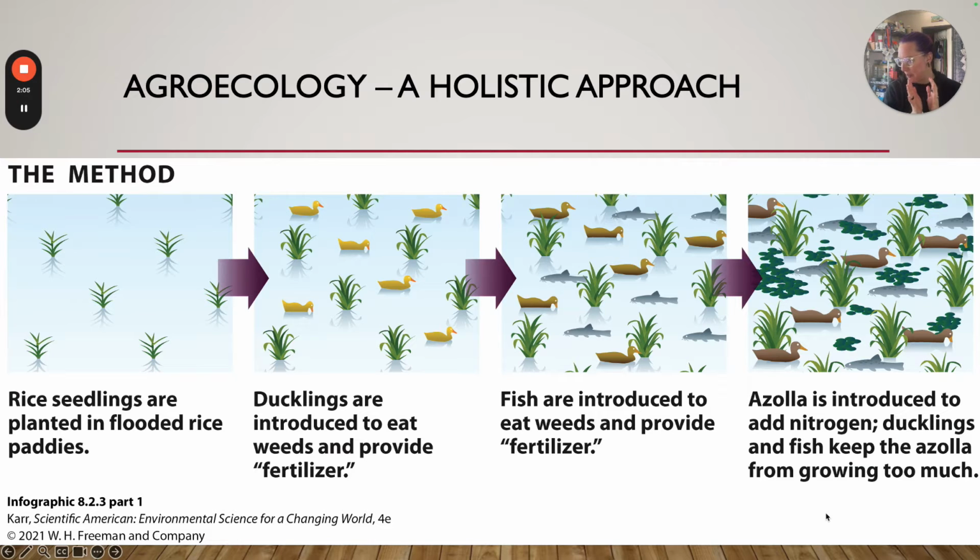So basically what is happening here is you plant your rice seedlings. And then ducklings are introduced here. The ducklings, like little baby ducks, help eat the weeds, and they also provide fertilizer. And then fish are also introduced, to eat these weeds and also provide fertilizer. And then azolla is introduced to add nitrogen, and the ducklings and fish keep the azolla from growing up too much. So it's a really, really beautiful way